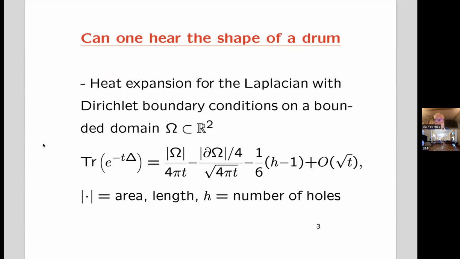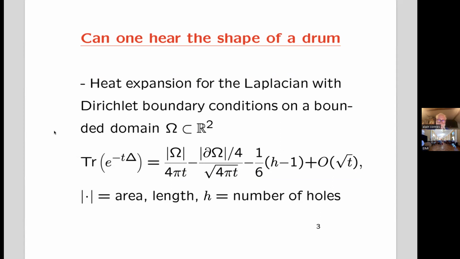It has been done for closed manifolds of dimension n. And in that case, when the dimension is n, there is an inverse power of t, which is n over 2. And then there are other terms. In general, these terms are very hard to compute. And in fact, there are very few examples where all the terms of the expansion can actually be computed. Now, very recently, I did a computation,